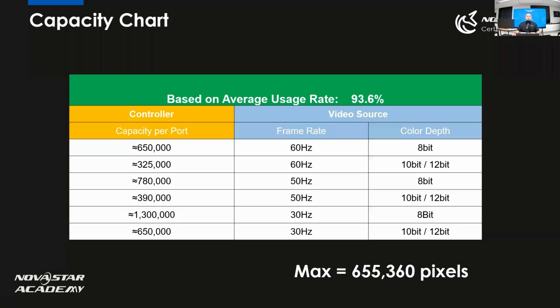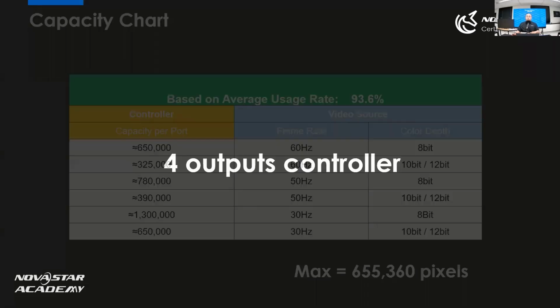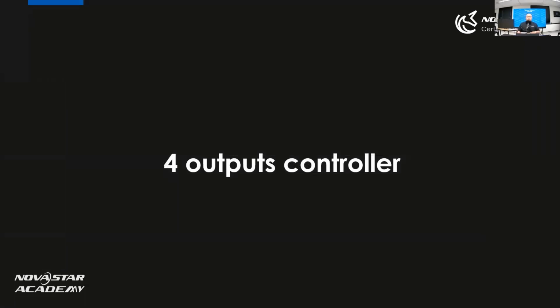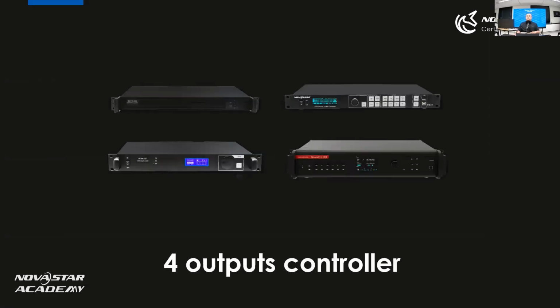Okay. So right now we mentioned the two output controller MCDL300. One port is 650,000, and with two outputs, the loading capacity is 1.3 million pixels. Okay. Now we're going to talk about the four output controllers. So here is the four output controllers. Maybe you used it before, or you just know the name. We need to know